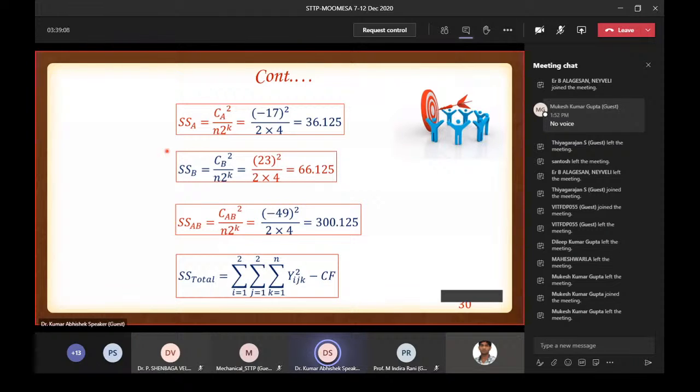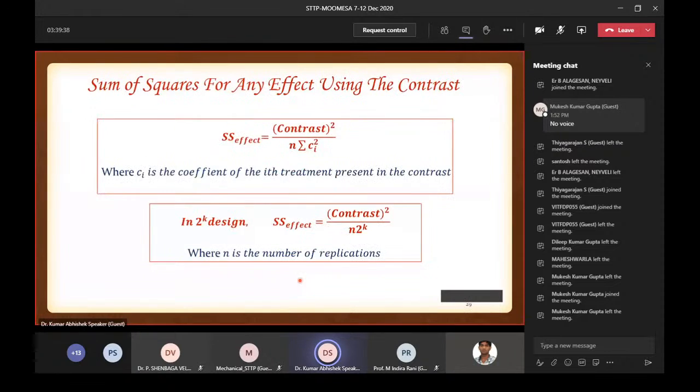And if you are looking for the total sum of square, then factor effects and its interaction effect plus the error source also. ठीक है, तब एरर सोर्स तो हमें पता नहीं है, तो मेरे को टोटल SS का कैसे पता चलेगा। टोटल SS के लिए हमारे पास ये फॉर्मूला है। ये फॉर्मूला इट इज द सिंपलेस्ट वे टू रिप्रेजेंट, or you can also understand that this is the y_ijk, if you go in the table,